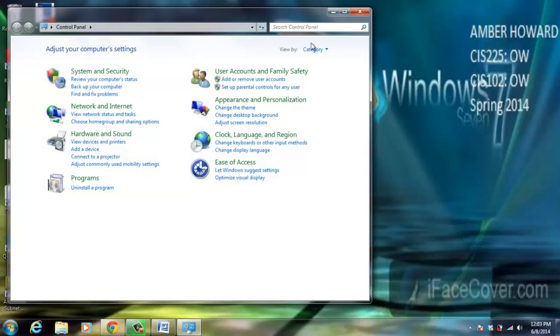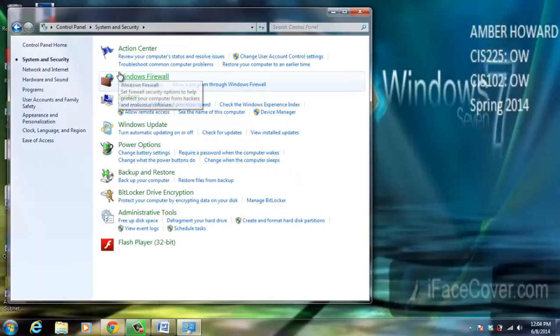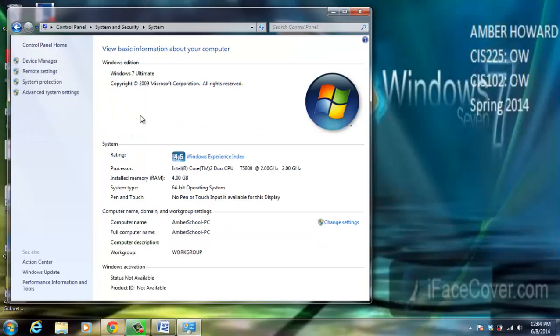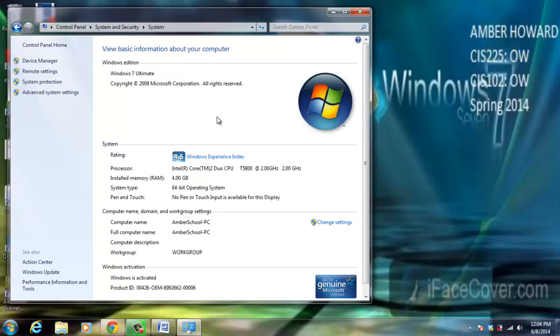If it's not already selected up here, your view by, you can select different ways to view, but we're going to leave it as category. We're going to go into System and Security. From there, we're going to select System so we can take a look at the system. This can be an important piece because it's going to tell you what your computer's running, your